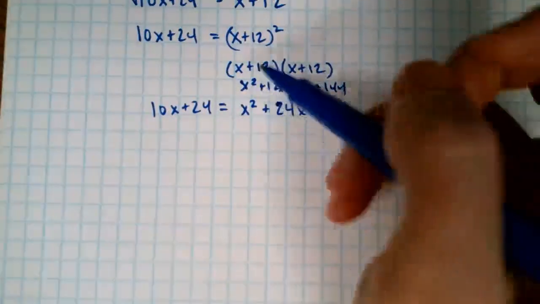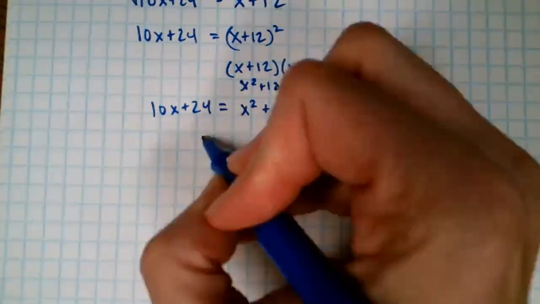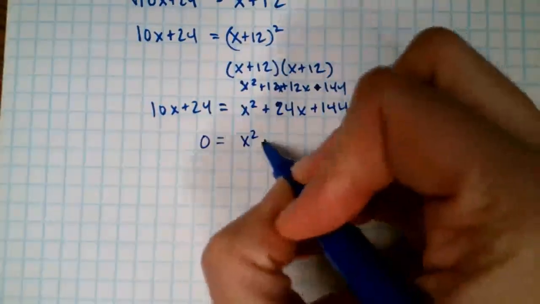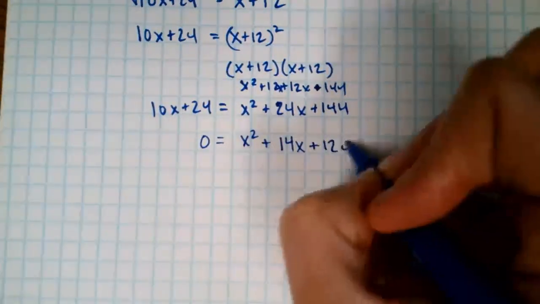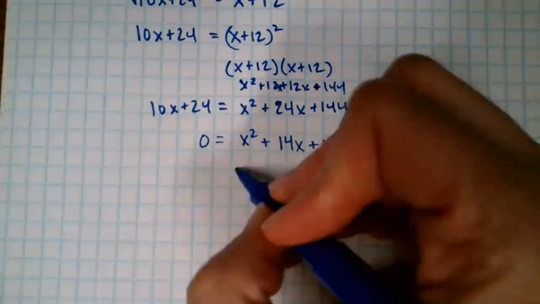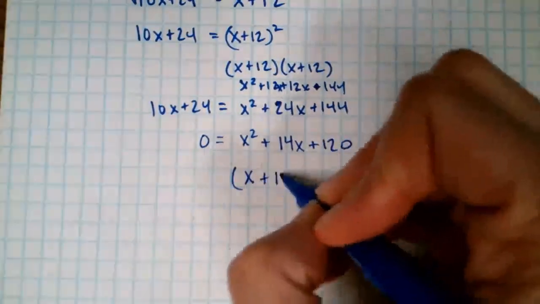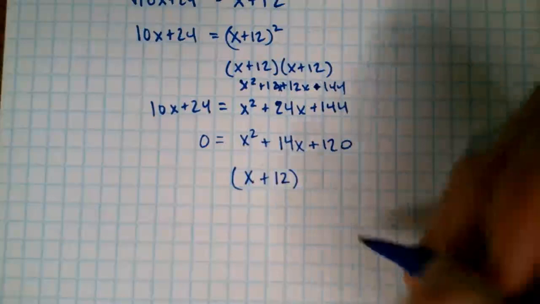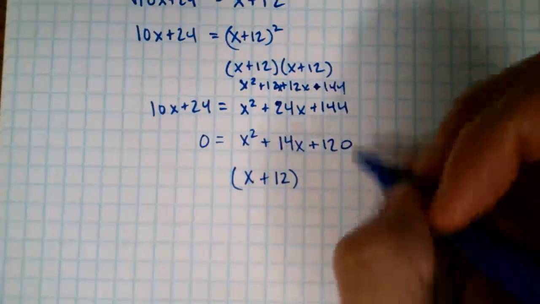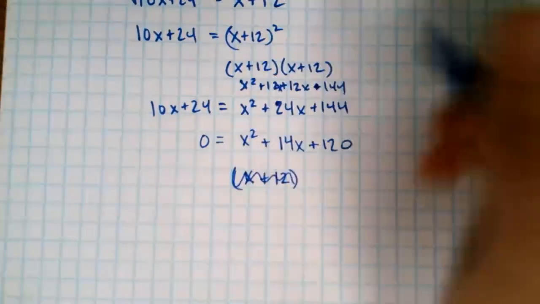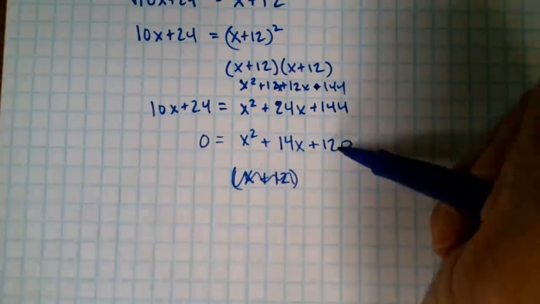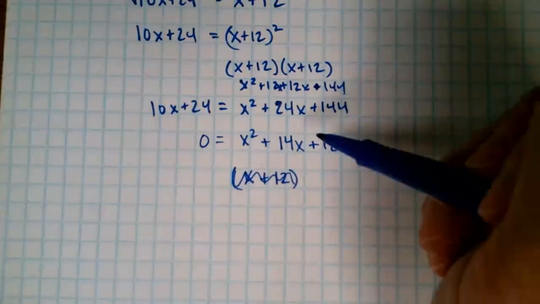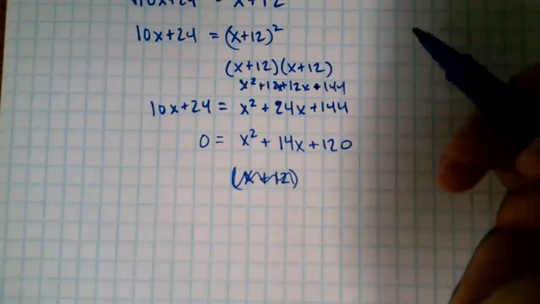Because it's quadratic, you want to get everything to one side. So x squared plus 14x plus 120. When I factor this, I'm looking for factors that multiply to 120 and add to 14. So what multiplies